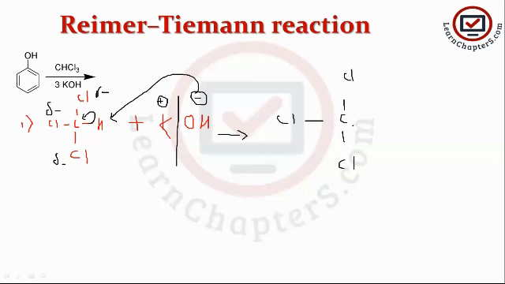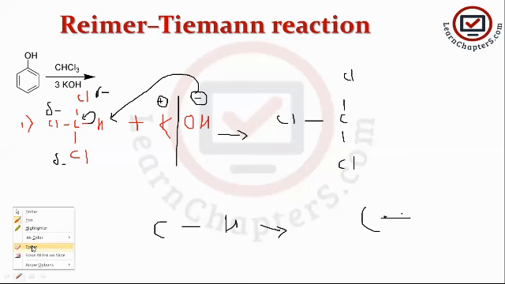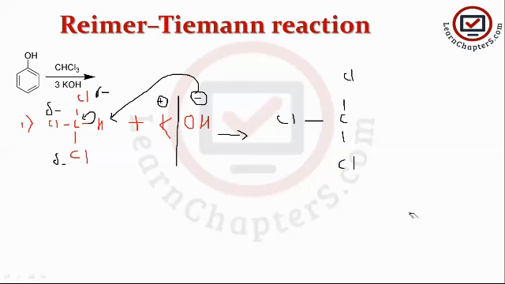Okay, let me clarify this one. One bond means 2 electrons. When we say there is a bond between carbon and hydrogen, it means that one bond is made up of 2 electrons. Out of the 2 electrons, 1 electron is from the carbon atom and the second electron belongs to the hydrogen atom. Sharing of these 2 electrons forms one bond. Okay, so one bond means 2 electrons. So with this, let's continue further.